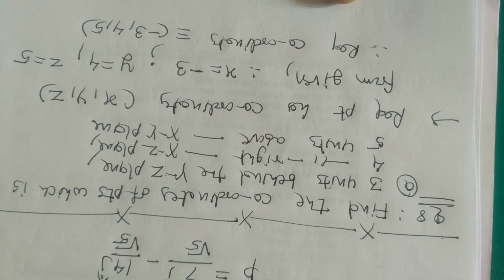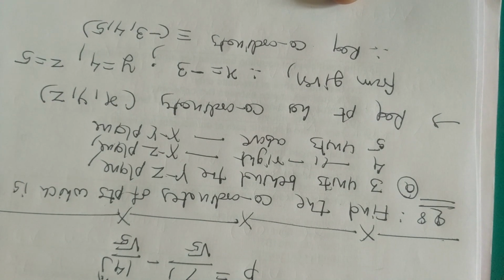A similar question is given as the second. I read this question as: in the yz plane, means in the yz plane we take the x coordinate as 0. 1 unit to the right of the xz plane, 1 unit to the right. Right means in the positive direction. So we take the remaining middle coordinate, y, y is equal to 1. And 6 units above the xy plane means again we take the value of z.